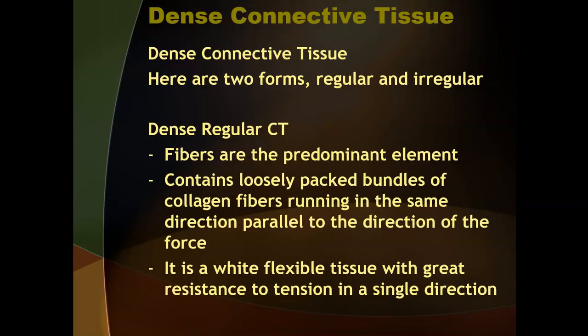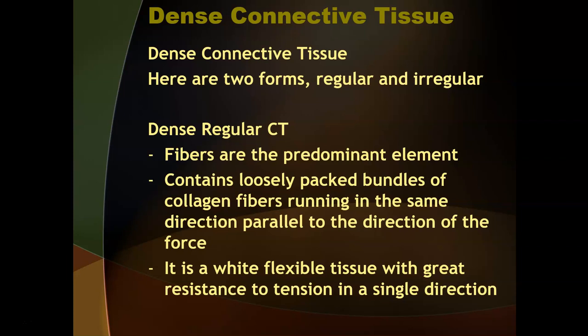The next, then, instead of loose connective tissue, is dense connective tissues. So if loose was loose, then dense obviously is dense. And there are two forms of dense connective tissues. There is regular and irregular. And the first we're going to do is the dense regular connective tissue. Fibers are the predominant element here. And dense regular connective tissue contains loosely packed bundles of collagen fibers running in the same direction parallel to the